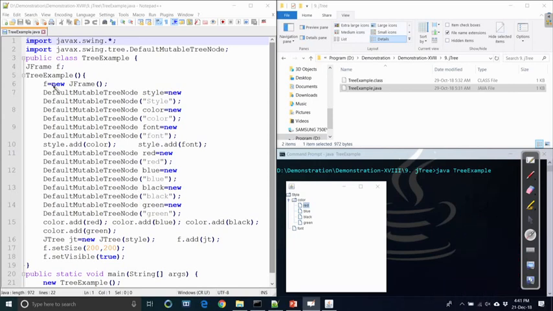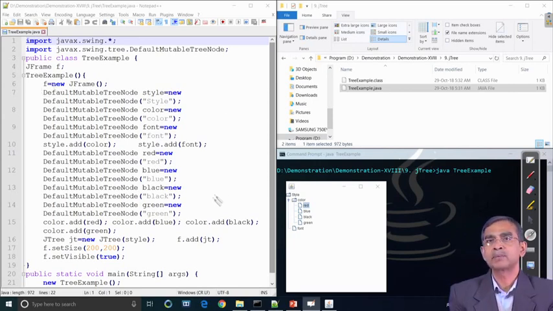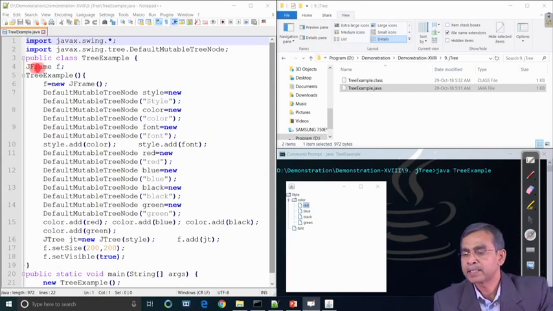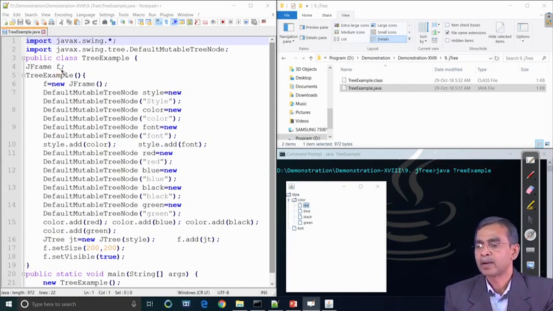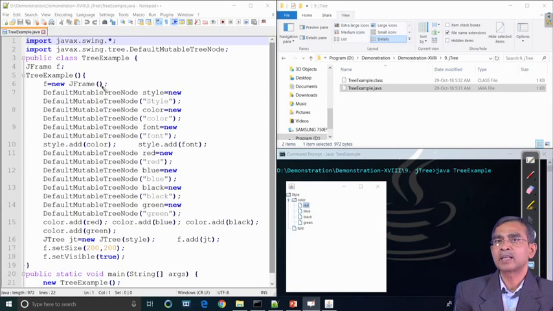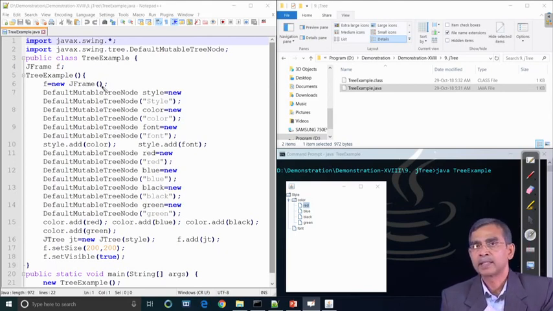This example shows that first we have to create a frame, F being the frame in this case, and then we discuss the program, the tree example, as a constructor. We invoke this object as a constructor, and here the different items of the tree can be declared by DefaultMutableTreeNode, and then style.